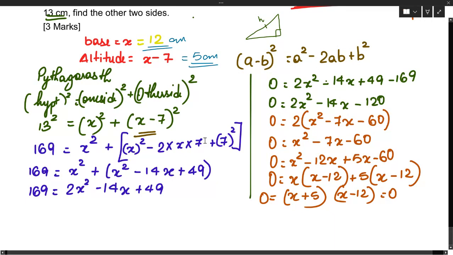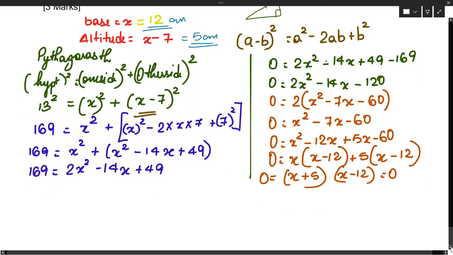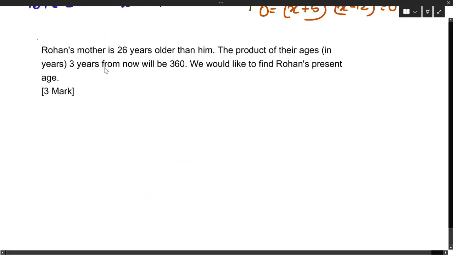Yeah. So when they are not telling us to use roots and discriminant, we have to use splitting the middle term only. Okay. In quadratic, do you have any problem? Any question? Because I have a challenging question on quadratic. Okay, last one on quadratic. I want you to give a try. Then we will move to coordinate geometry.